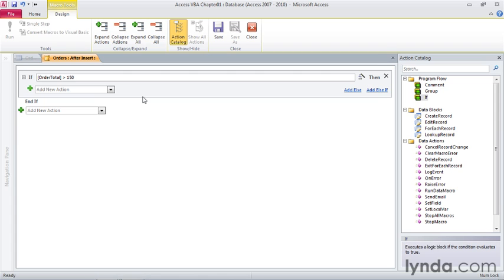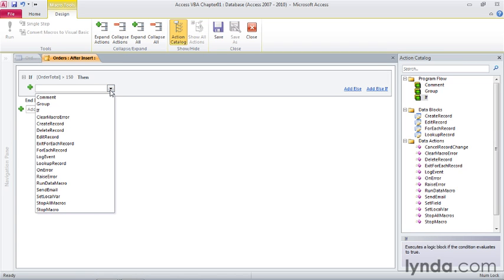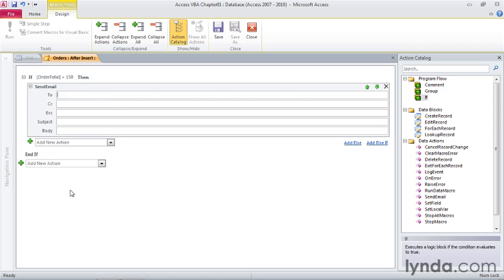Now we need to tell Access which action to take if an order of greater than $150 is entered. To do that, you click the Add New Action list box's down arrow, and then select the action you want. In this case, we want to send an email, so I'll click Send Email from the list. And then you get a list of items that you can set. For to, you type in the to email address, and that'll be